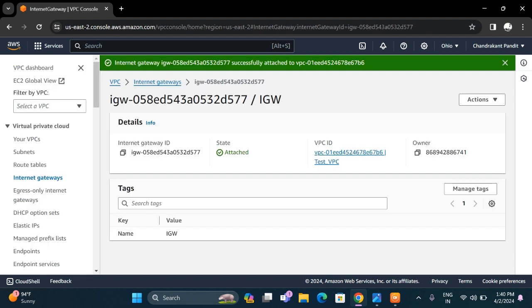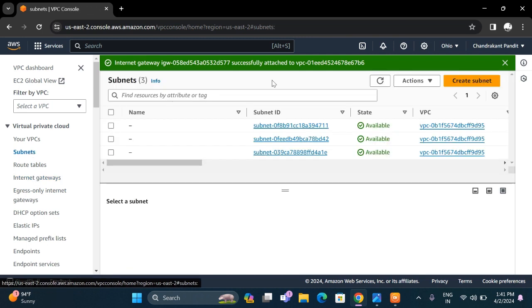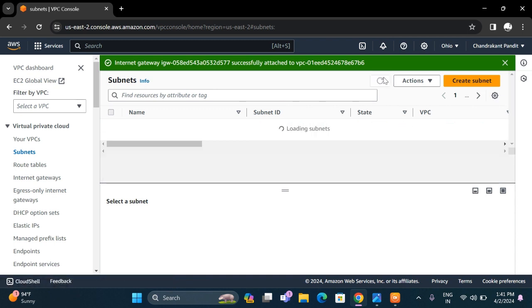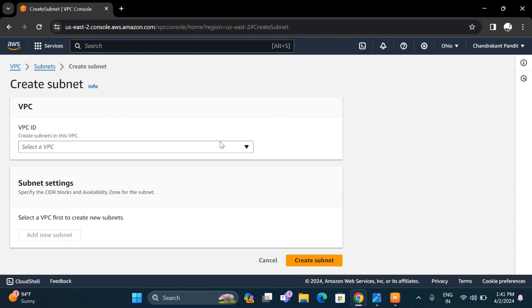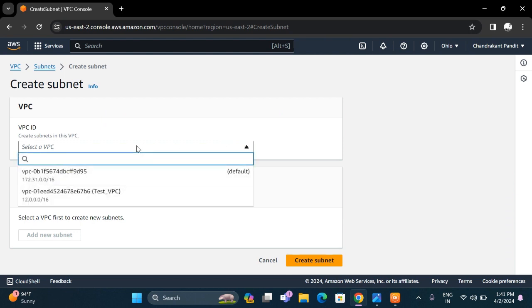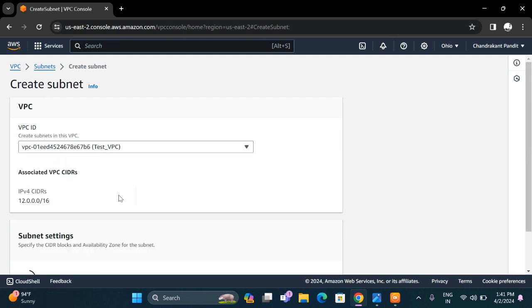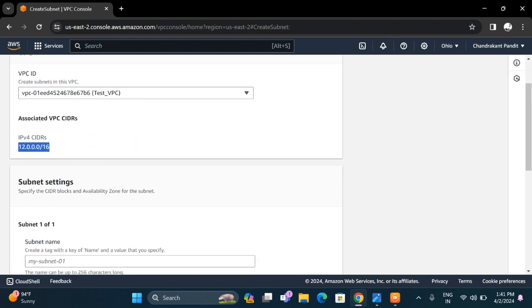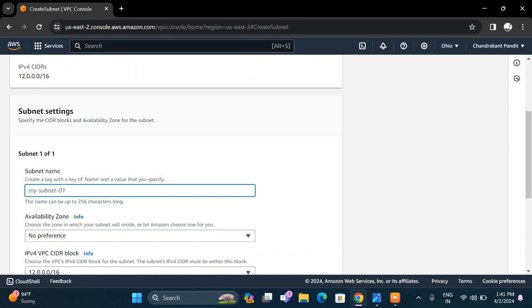Okay, now you have created a VPC, you have created one internet gateway. So let's go and create subnets for this VPC. These are the default subnets. We don't need to go with this. So let's create our own subnet. Let's select the VPC in which you are going to create subnets. This is test VPC. This is the IP range for your subnets. So name your subnet like subnet public 1A,